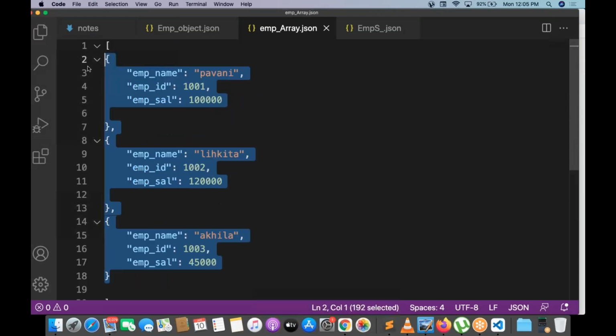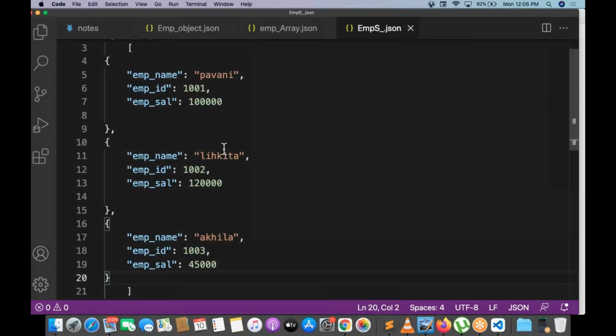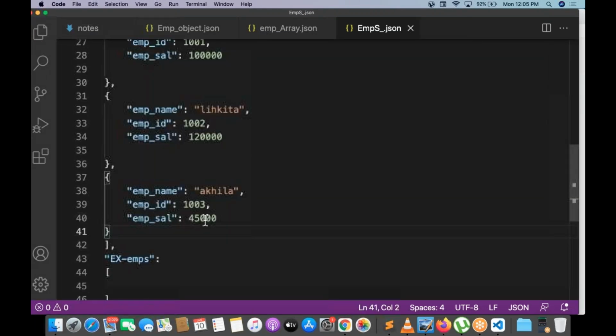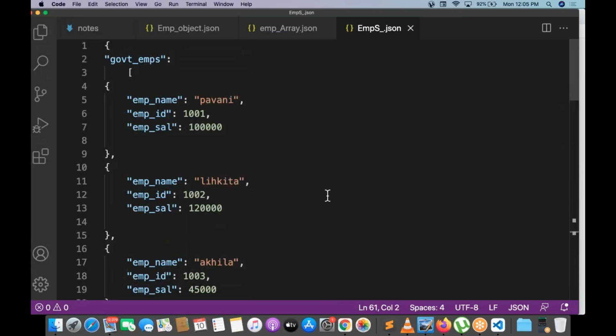Take these employees. A bit complex. This is the JSON file, but it is going to have one more level inside. The root level is an object. Inside the object, key value pair with an array. Inside the array, again objects.